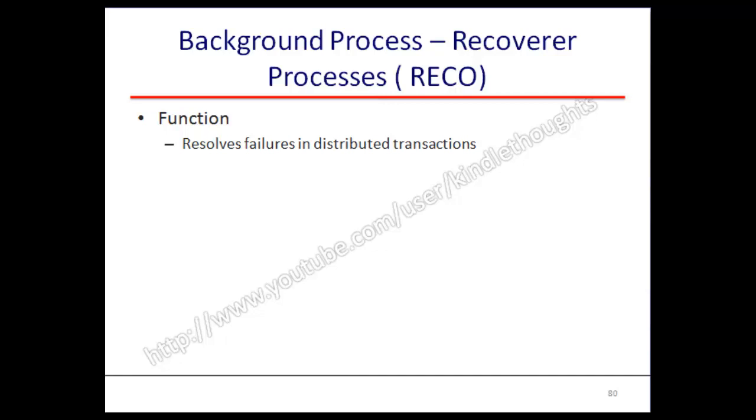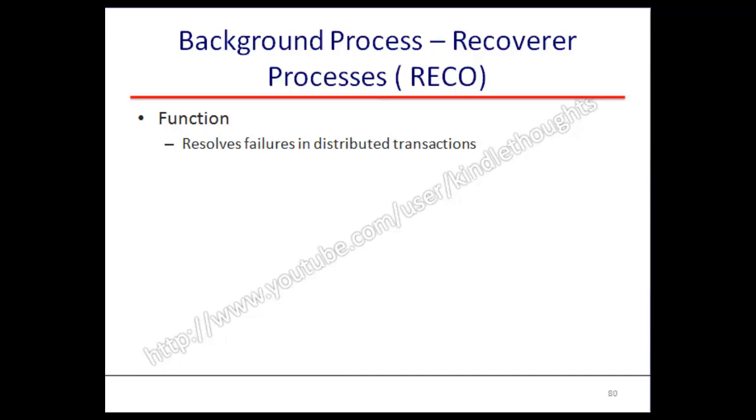So typically, what happens is you have this link, and the transaction happens through a database link. Now, in case the transaction fails, it is the responsibility of the recovery process to resolve such scenarios.